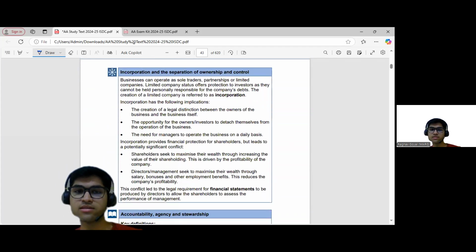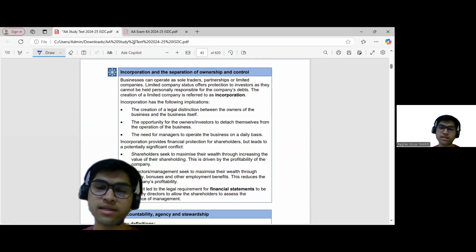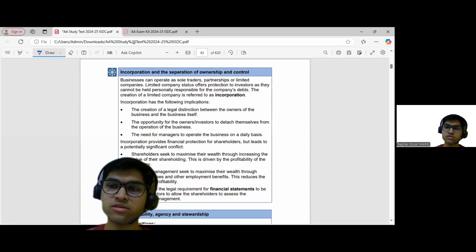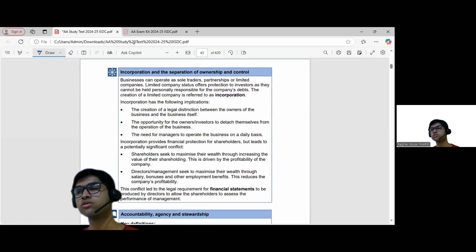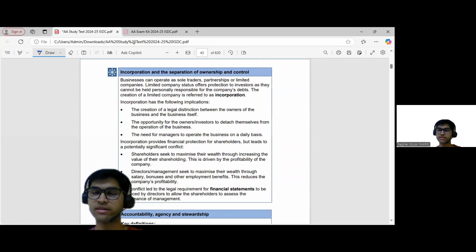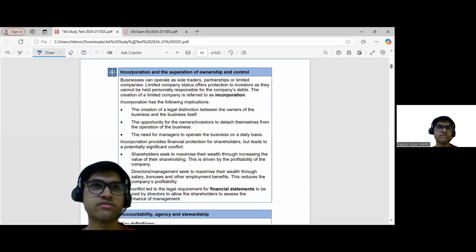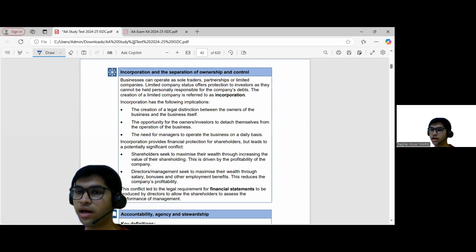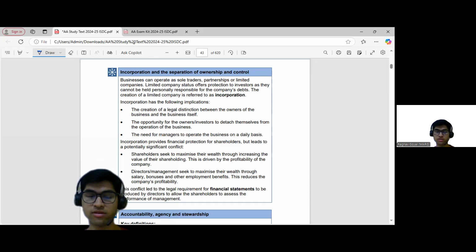So here it's a similar point from above, that there is a separation of ownership and control. So who are the owners of the business? It's the shareholders who own the shares and everything. And who is in control? Let's say I have a share of Reliance, but I'm not the one controlling. I am an owner. Let's forget about the percentage. It doesn't really mean much compared to Mukesh Ambani, but still, I could be a 0.00001% owner, but I am an owner nonetheless.